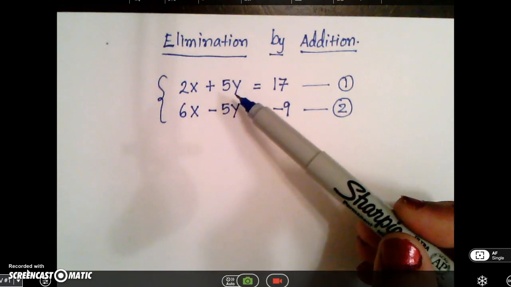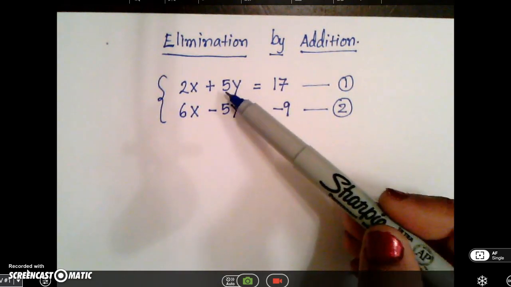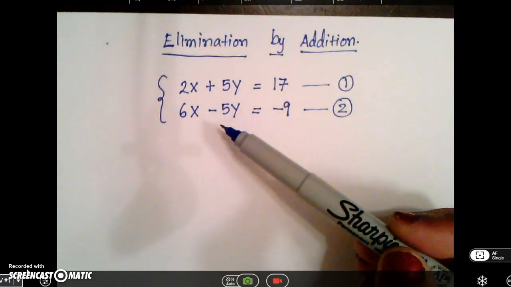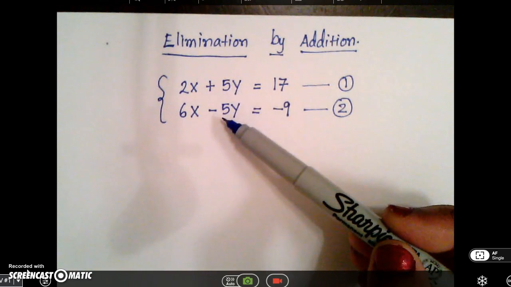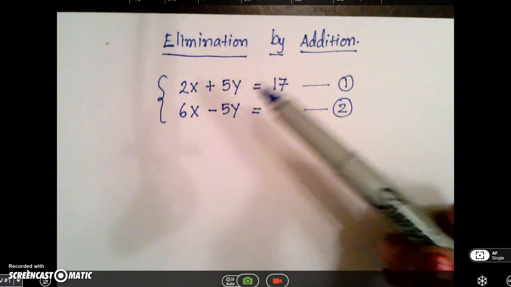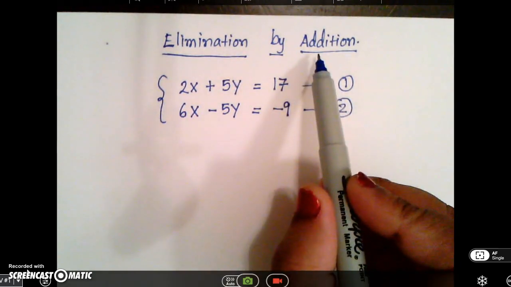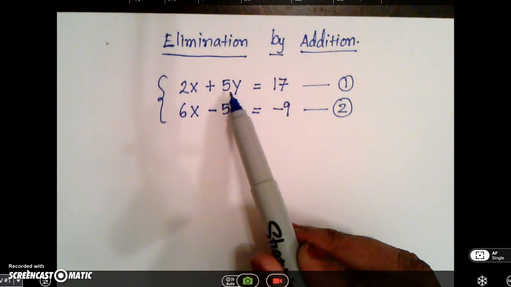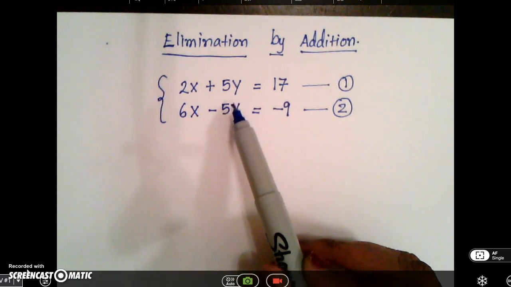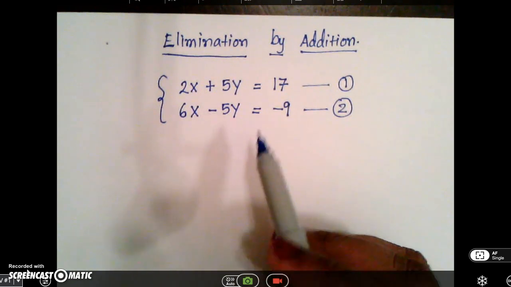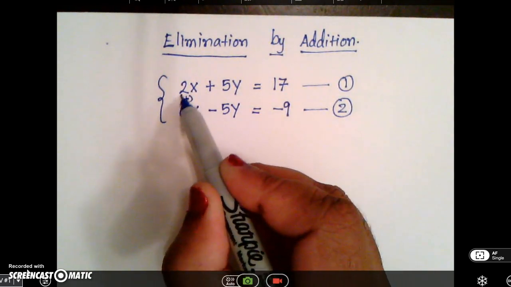So if I add the two, it's going to become 0. Positive 5 plus a negative 5 is going to turn into a 0. When the coefficient becomes 0, my y is going to disappear. That's what elimination is. When I say solving by addition, I need to take care that the coefficients I have for one of the variables are one and the same, and the signs are opposite to each other. So if I add these two equations,